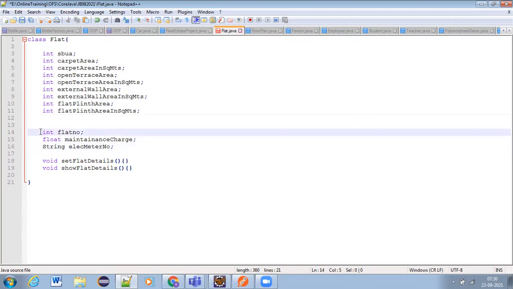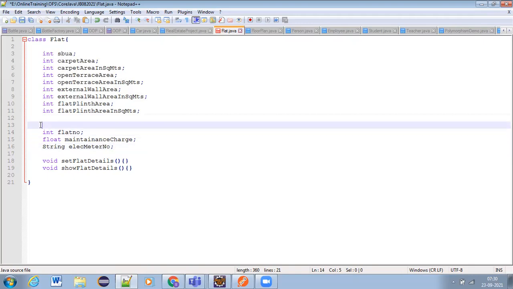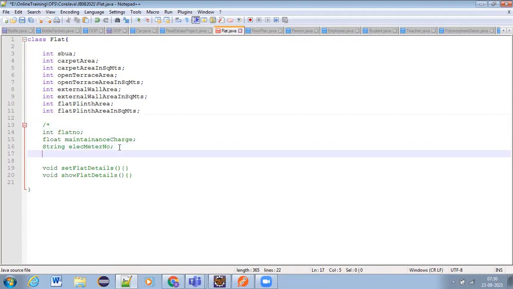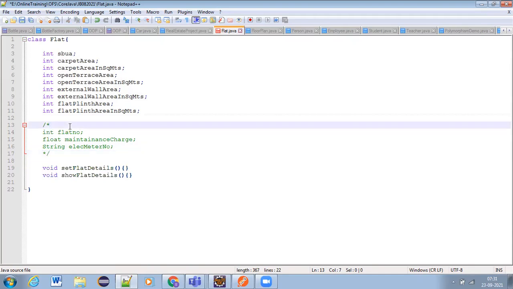Even though for every entity there will be lots of properties and lots of information may be available about every real world entity, but in our programs, we consider only the required information corresponding to the software which we are developing. Based on the domain, we take the information.